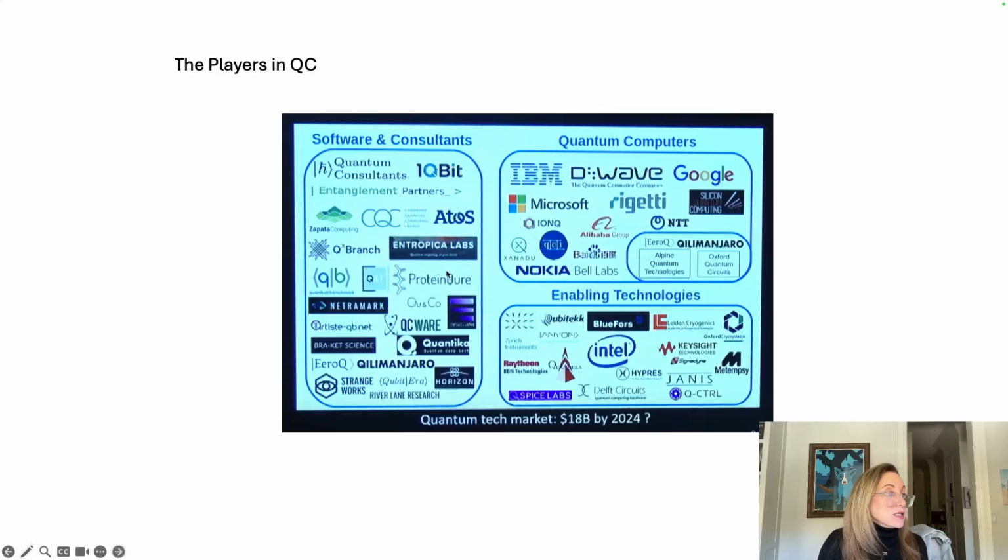And then we get to this third area, software and consultants, where these people are going to be able to provide applications on top of an operating system, on top of the hardware, in order to create an environment where people can do something useful with this quantum computer. And then finally,